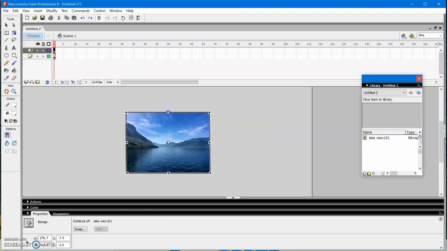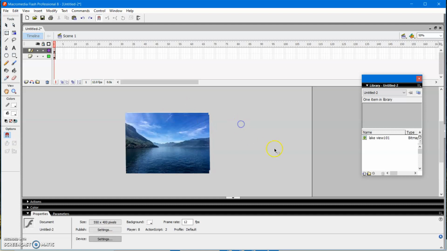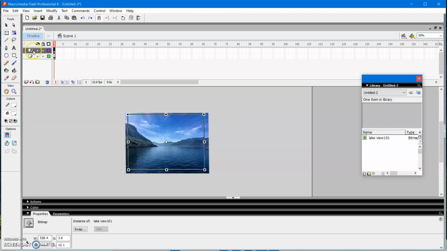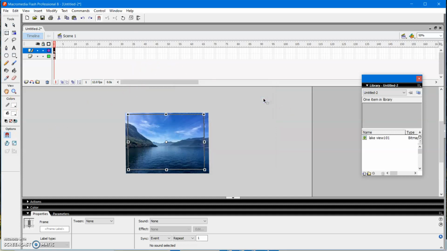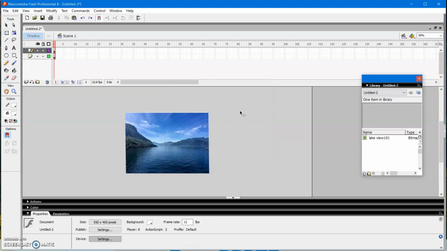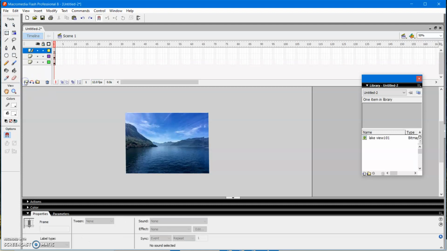So you copy the same image and place it on the other image. See to it that the second image is a little bit smaller than the original image, and give the layer name small image. After giving that, go to the insert layer icon again and click it, so the third layer will be displayed.